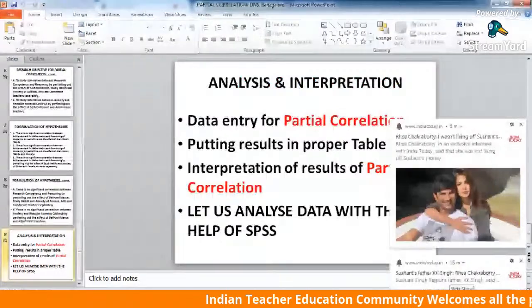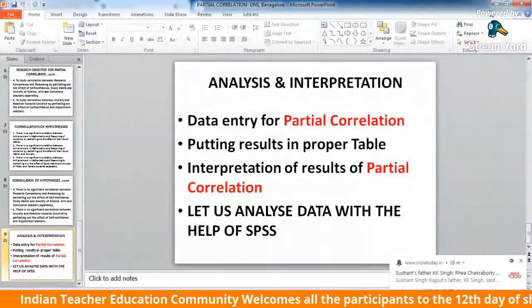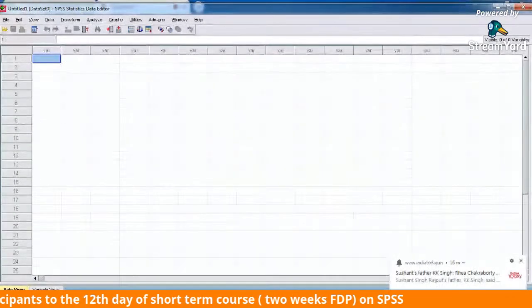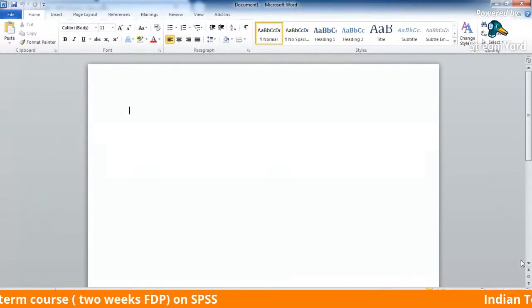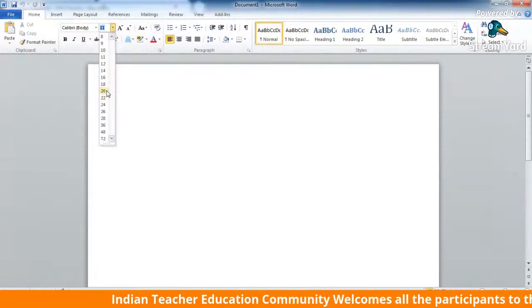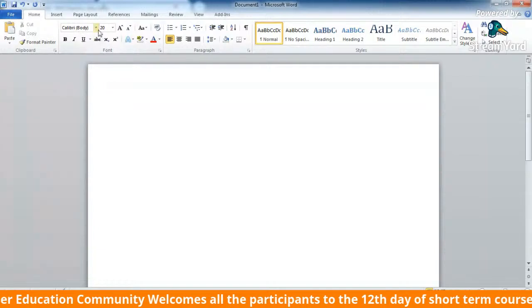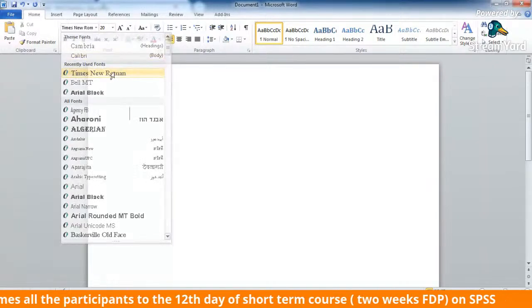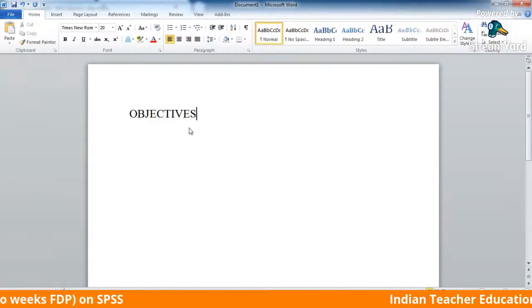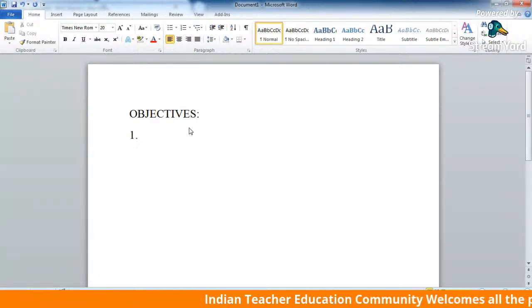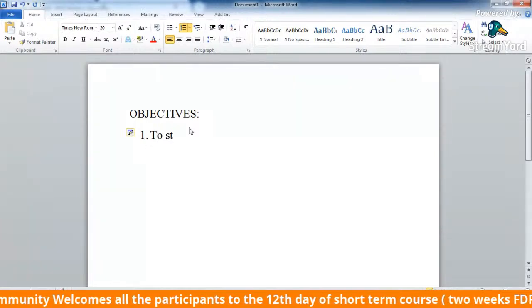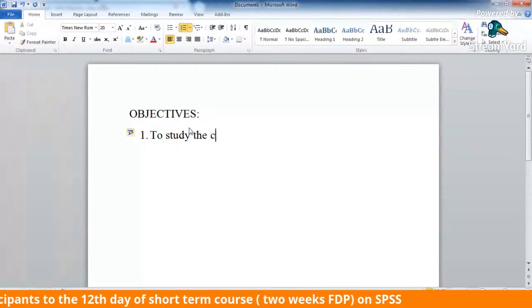Okay, so now I'm taking you to SPSS, but before that I will take you to my sheet of the Word file, and here let us take some objective. Okay, so I'm taking the objective and writing my objective. Now suppose I do like this: to study the correlation